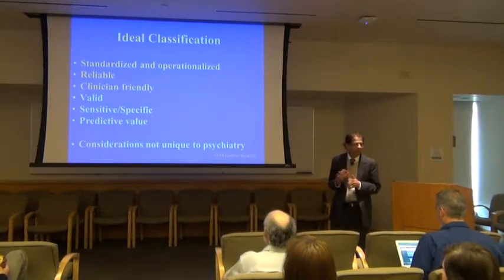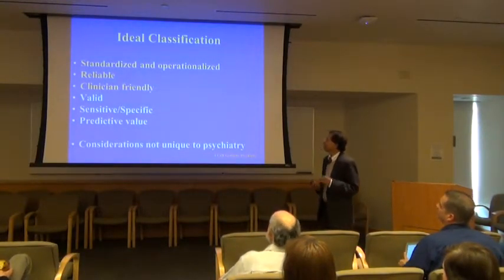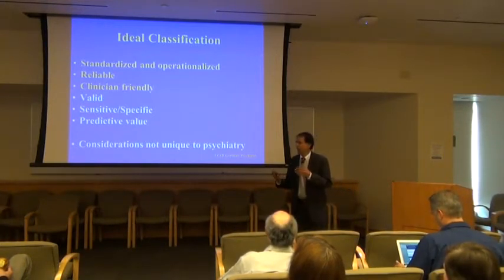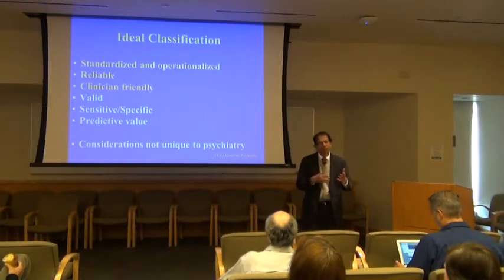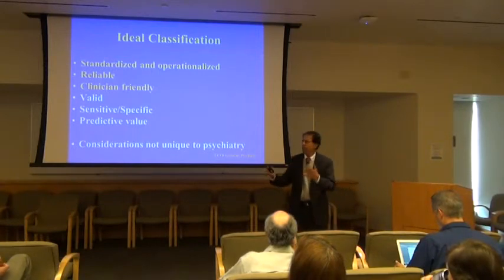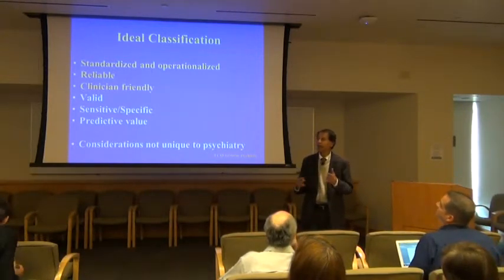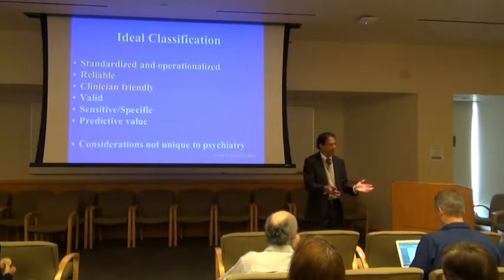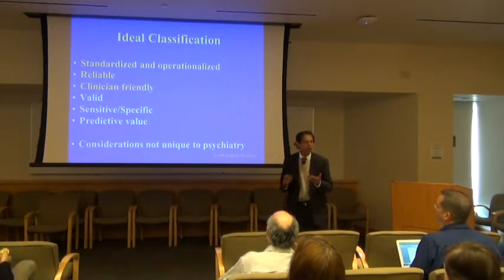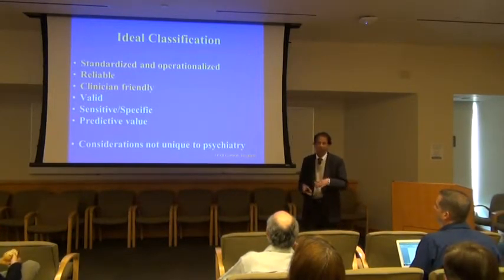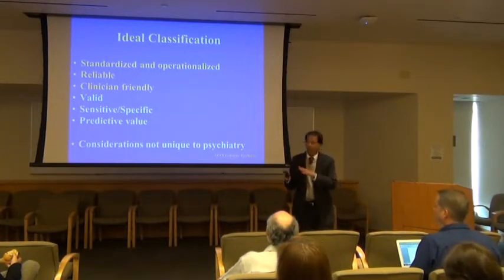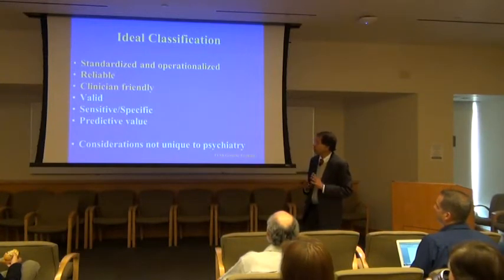So what should the diagnostic criteria be like? Clearly, they should be standardized and operationalized. They should be reliable. What is reliable? There should be both test-retest reliability. That means if you repeat the examination in a week, you should come to the same conclusion, and there should be, more importantly, inter-rater reliability. If two different people saw the same patient using the same criteria, they should come to the same diagnosis. And third is, of course, it should be clinician friendly, because who will be using it? The clinician, right? These are the things I think that DSM mainly aims at, because the next three things we cannot do in most cases.